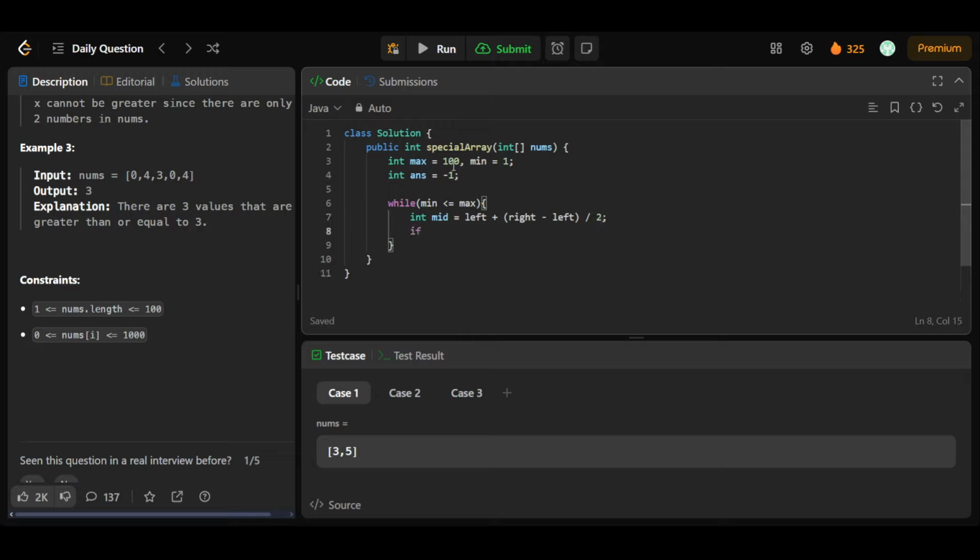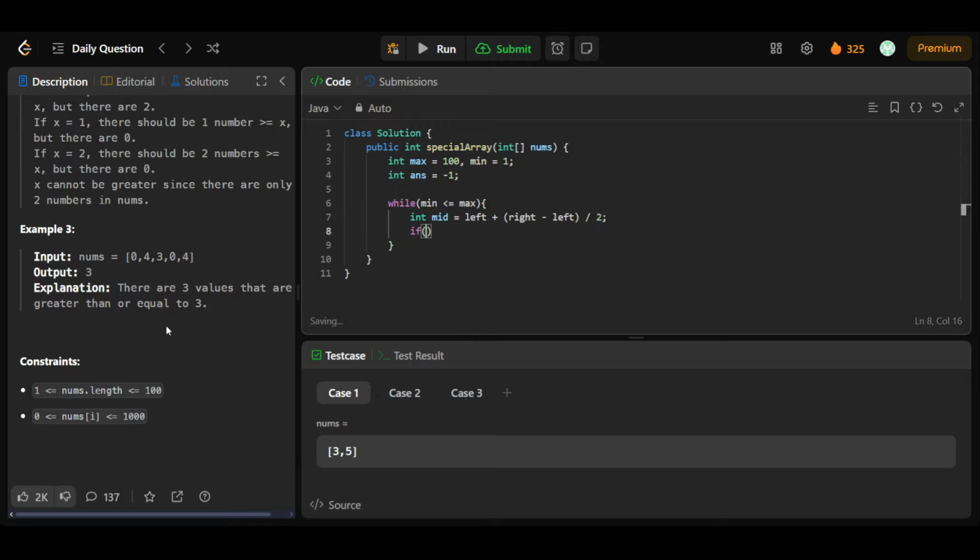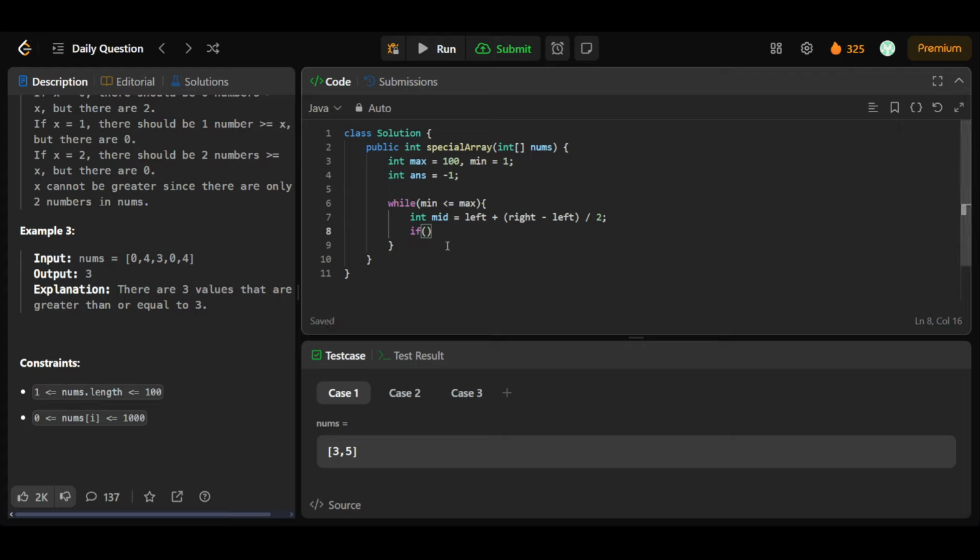Okay, then what I'll be checking is the number of elements in the nums array which are greater than or equal to my mid. I'll be having a count numbers function for that, and I'll be passing nums and the mid. Then I need to store it, so let's have count equal to this. Then I'll be checking that if my count is equal to my mid,